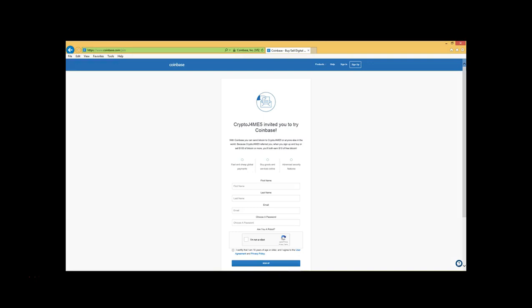All you have to do here is fill in your first name, last name, an email address which you will need to verify your account, and a password. A strong password will consist of at least 8 characters, consisting of both upper and lowercase letters along with numbers and symbols. You will then have to complete the little reCAPTCHA game to prove you are human and not a